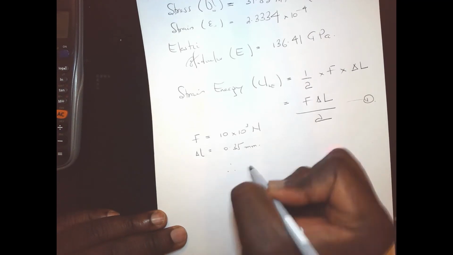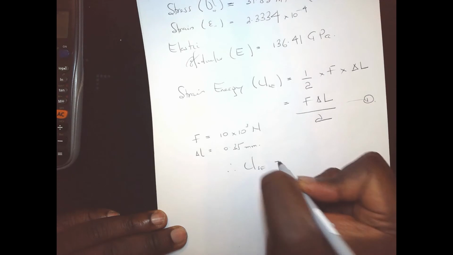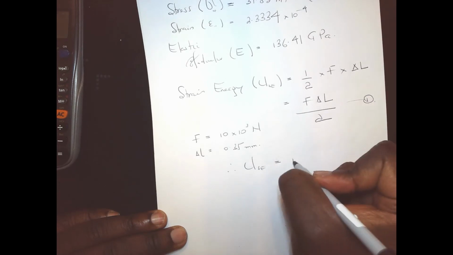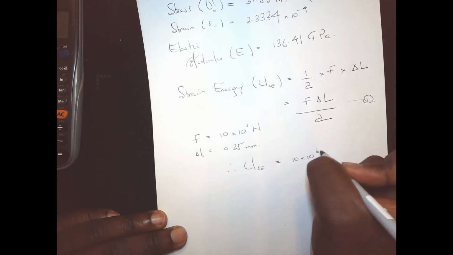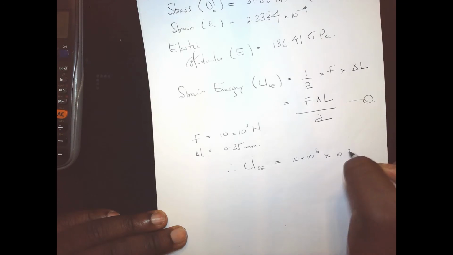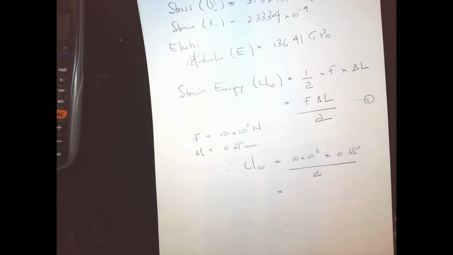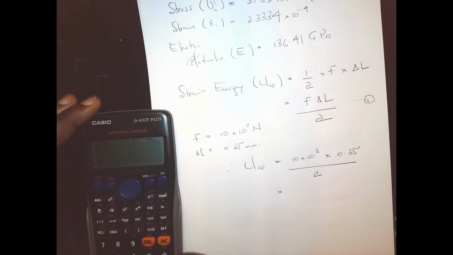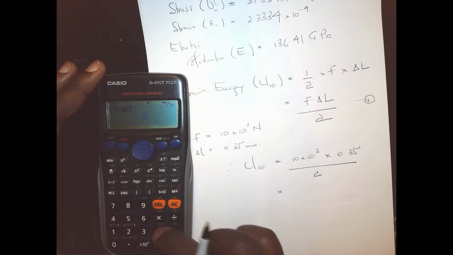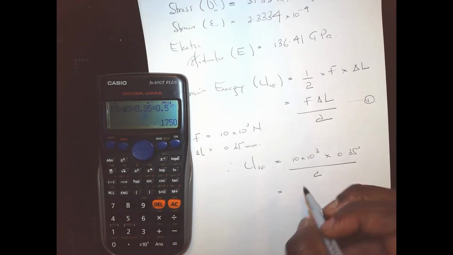So therefore, the strain energy is equal to 10 times 10 to the power 3 times 0.35 all divided by 2. So let's box the numbers into our calculator: times 0.35 times 0.5. Okay. And that gives